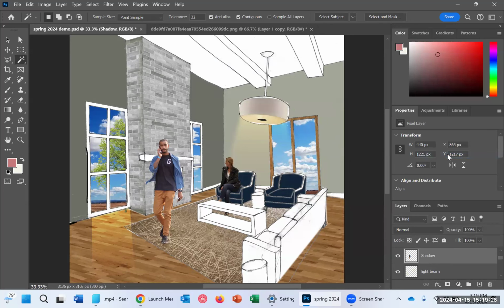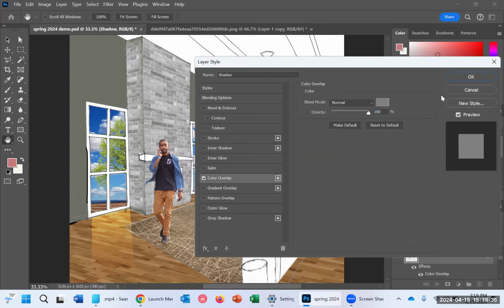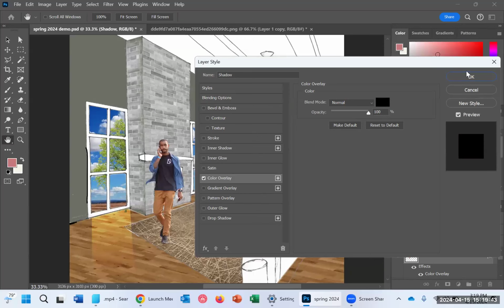Go to the blending option. Make sure you're selecting the shadow, go into the blending option and click on color overlay. Once you check that, click on color overlay, go to the gray color, change it to black and say